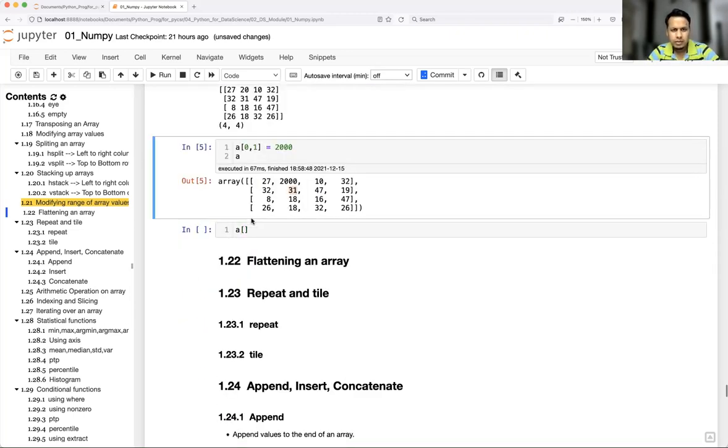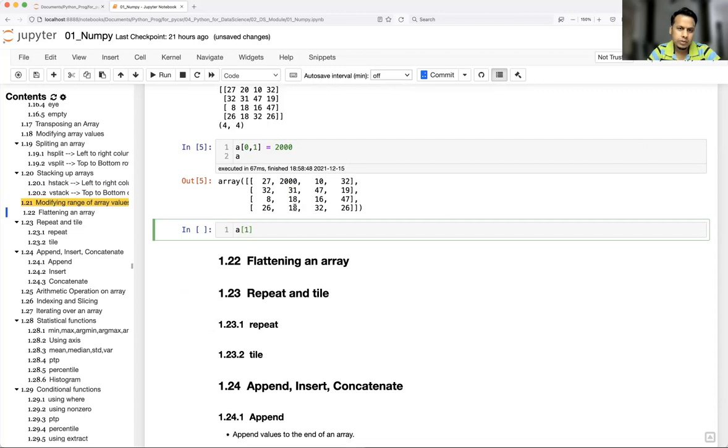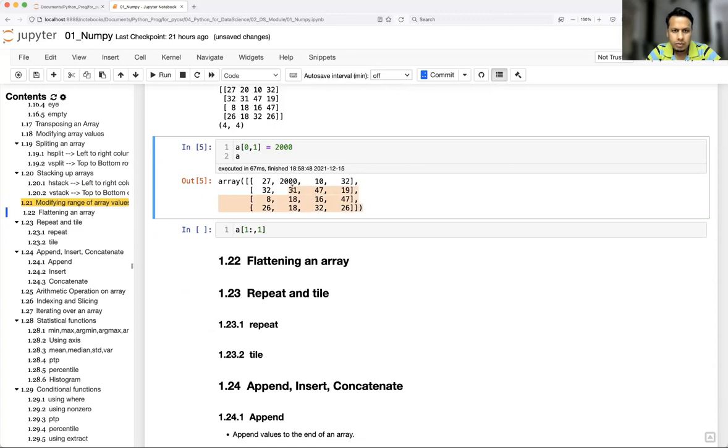So this starts from the first row. So let's make it from the first row onwards. I would like to go with all the rows. So below 31, whatever rows are there, let's take all. So I'll just mention this double colon or single colon, anything is fine. Okay, so my row is done. Now the column. So the column is 0 and 1, right? So from the first column, I want to consider all the columns, right? So it will be considering this row onwards, every row, and from this column onwards, every column. Okay, I would like to make it 0. Let's print it.